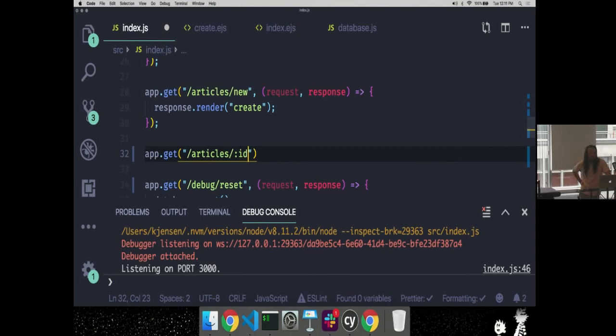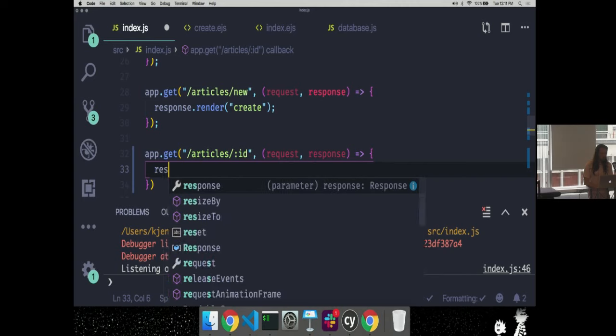This has nothing to do with the HTML ID tags. We're not worried about that in this case. And there's no real official thing for this. This is actually a convention that we can use for the web server to look at this path and say, oh, you mean a variable there, because it's :id. So Express says, oh, you could have any value there, so we'll match on any number or any value that goes in there, and it could be caught by this path, this request.